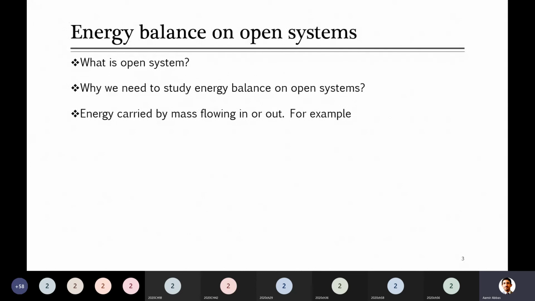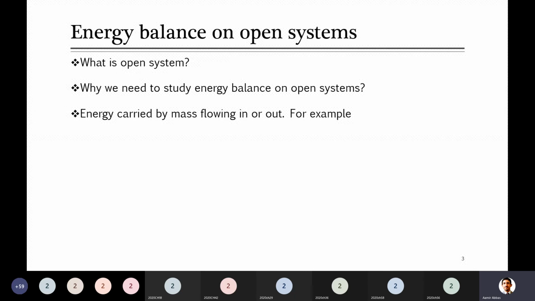Whenever any material is getting into or leaving the system, it will be carrying energy. Whenever materials are involved, you remember that there will be kinetic energy, potential energy, and internal energy. Just compare this with the previous type, the closed system. In the closed system, energy was transferred into or out of the system in only 2 forms. And what were those 2 forms?